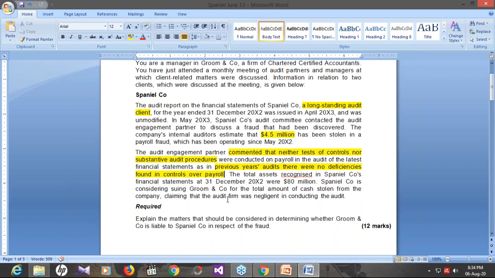So you need to discuss line by line and paragraph by paragraph. Yes, you should start with the financial implications. First of all, you should discuss whether that matter is material or not. So you should calculate the materiality level. It will be near 6 to 7% of the assets. So this is a material matter and the company needs to consider it.